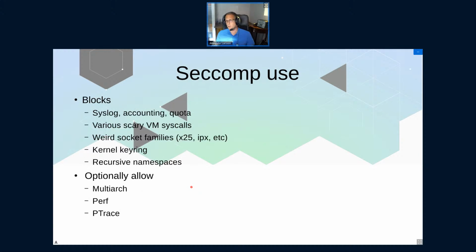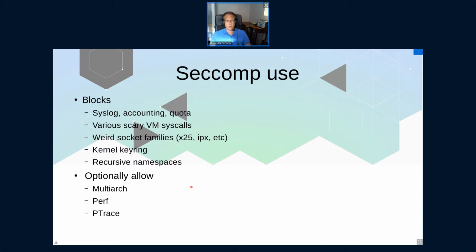We use seccomp to block various weird or unnecessary syscalls. I'll list a bunch of them here. We also use it to block the keyring because that doesn't work well with namespaces.